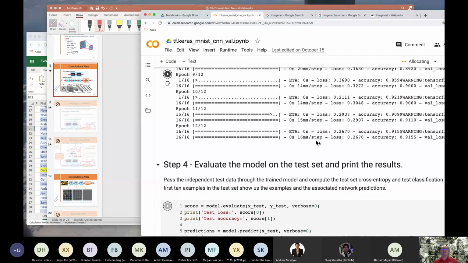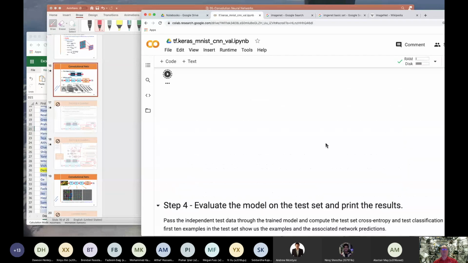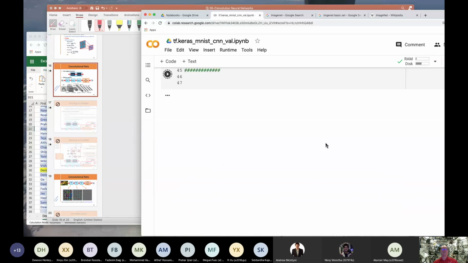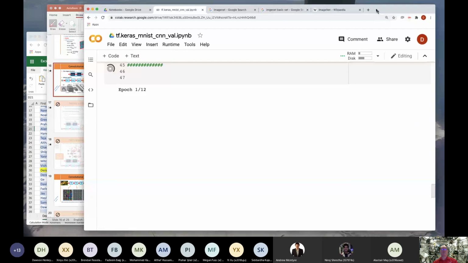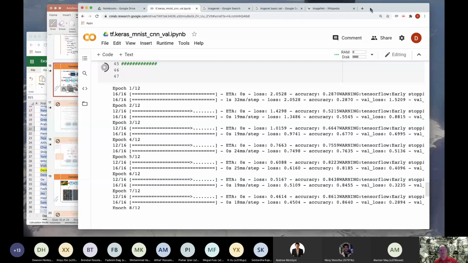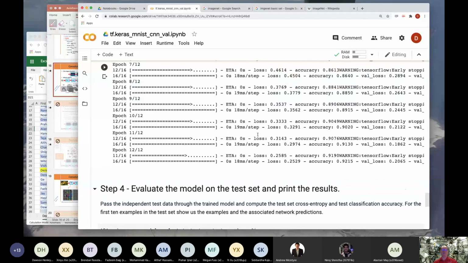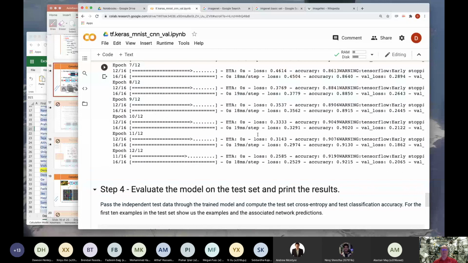So if we run this whole thing, and I haven't turned the graphics processing on or anything, it's going to be initially fairly lengthy. So the computation takes a little bit more here because it's passing that kernel over everything. But at the same time, there are not as many weights in this network as in a standard sort of structure.